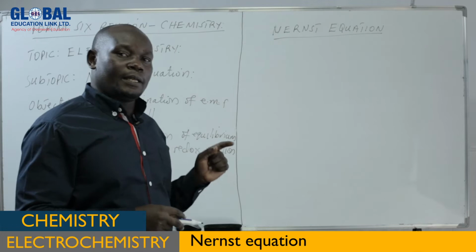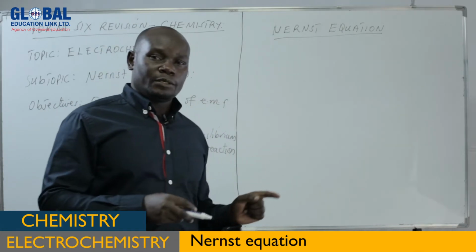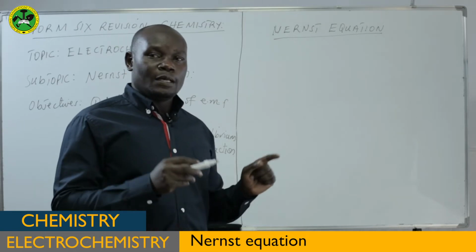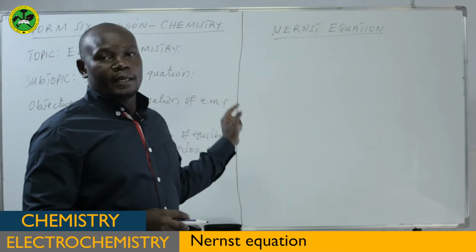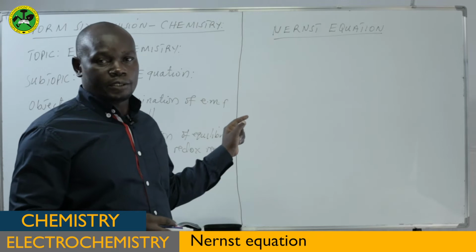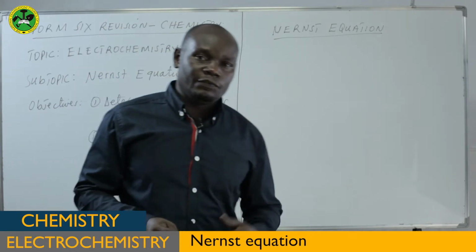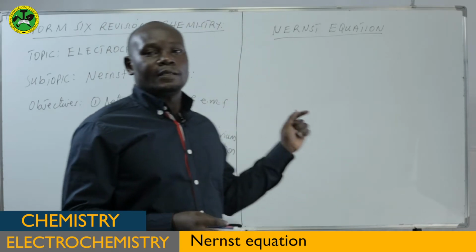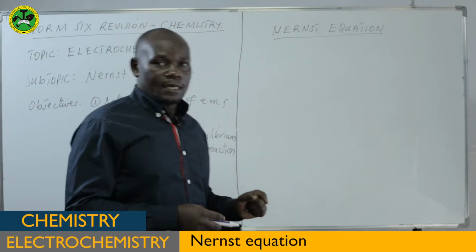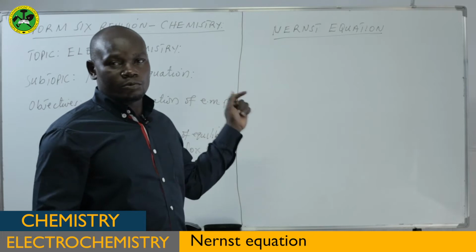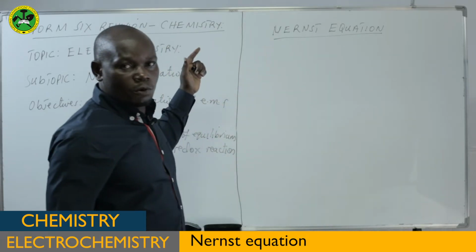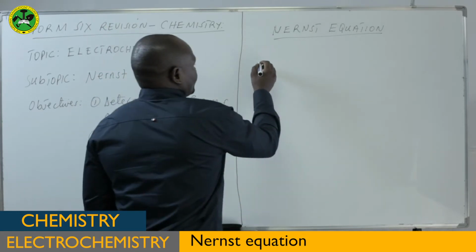But if the electrolyte contains a solution with a concentration of 1 molar, we employ another equation, not the Nernst equation. So the Nernst equation is specifically for the determination of EMF of a cell for a solution whose concentration is not equal to 1 molar. So if we now recall our Nernst equation,